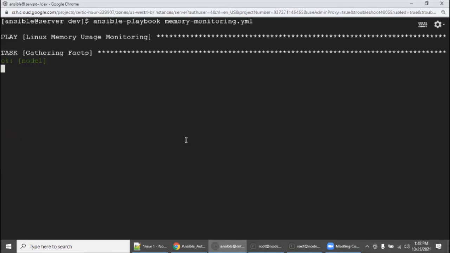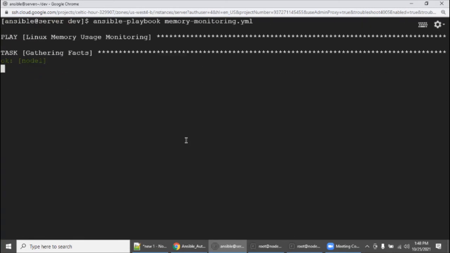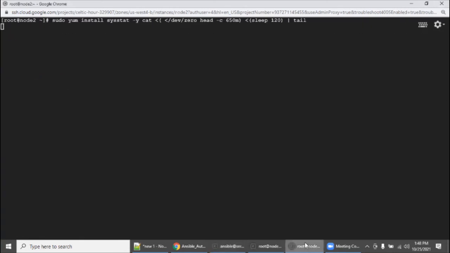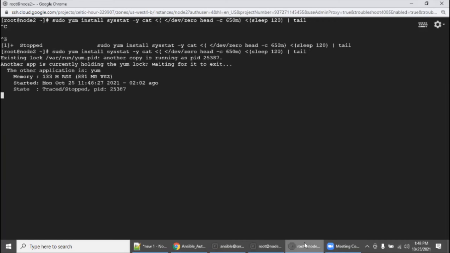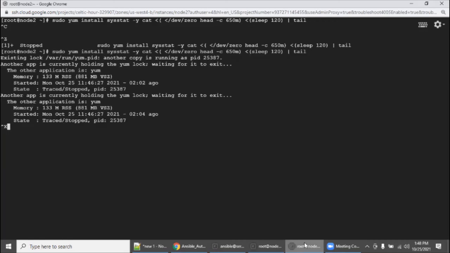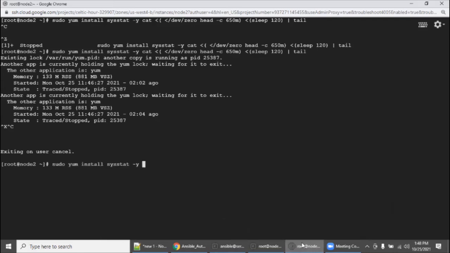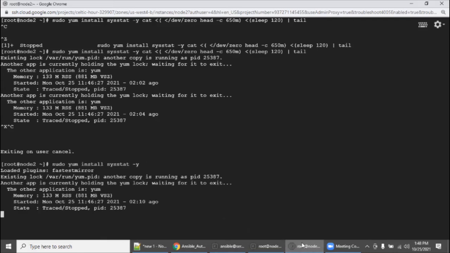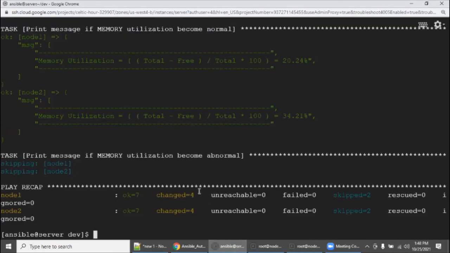Or you can use the stress command also to give a load. Probably I can give this. So I can just complete.